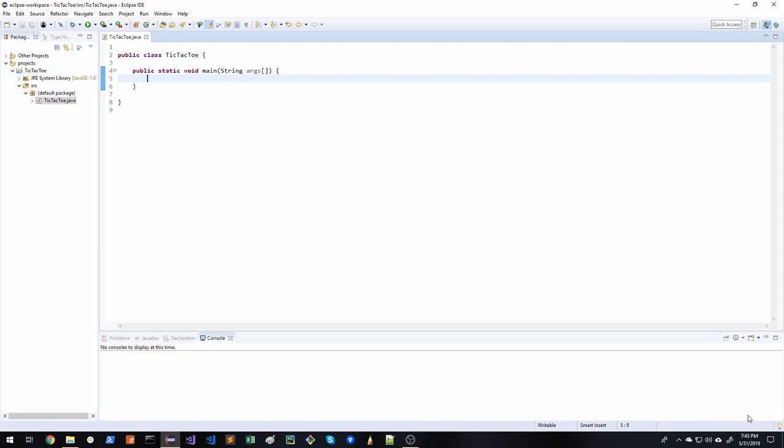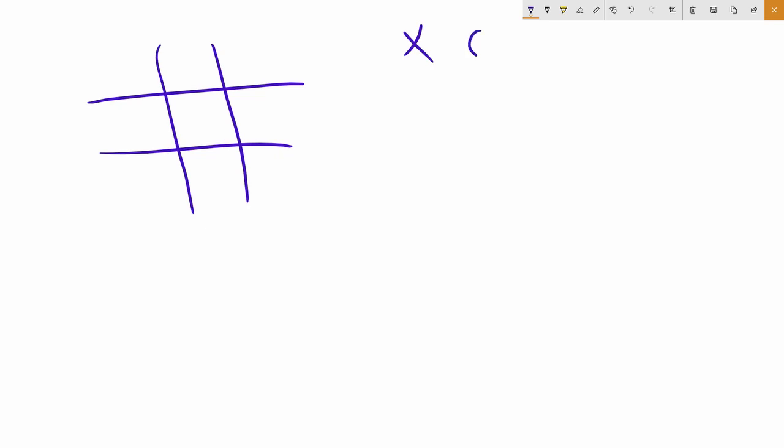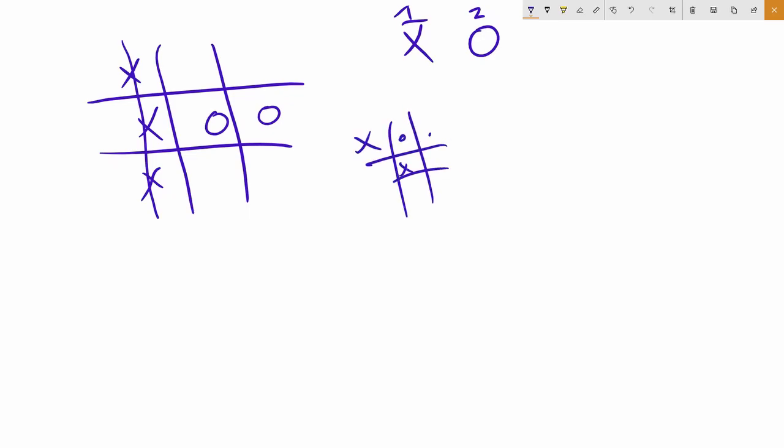So let's think about the problem. Let's go design it out before we start coding. What we want to do is make the game Tic-Tac-Toe, and from that game we know that there's these pieces to use: Player 1 and Player 2. Player 1 has the X piece and Player 2 has the O piece, and so Player 1 starts first and then Player 2 next. And you keep playing until you get 3 in a row. So the winner gets 3 in a row. If everybody has filled up their pieces and nobody wins, then that is a draw,